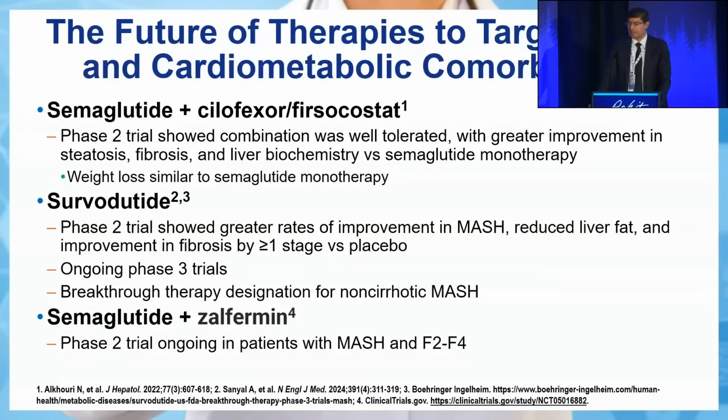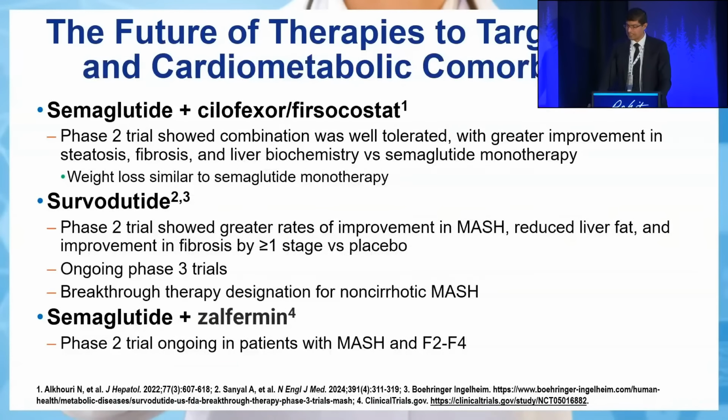at semaglutide plus cilofexor, which is a low-dose FXR agonist, with firsocostat, an ACC inhibitor, so liver-directed therapy with a GLP-1 analog. There is data on NITs that things look better with combination versus monotherapy. Then survodutide, which is a GLP-1 plus glucagon agonist, where you can see more glucagon-based effect on the liver. And this is now, as Vlad previously showed, in a phase 3 program already and has a breakthrough designation